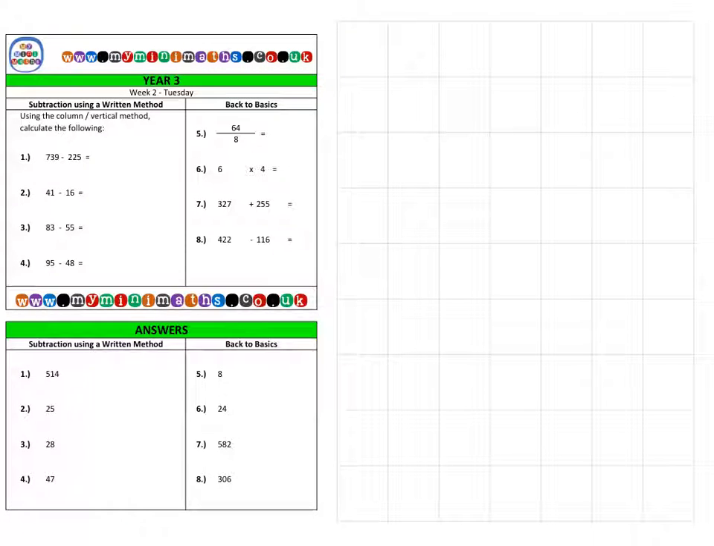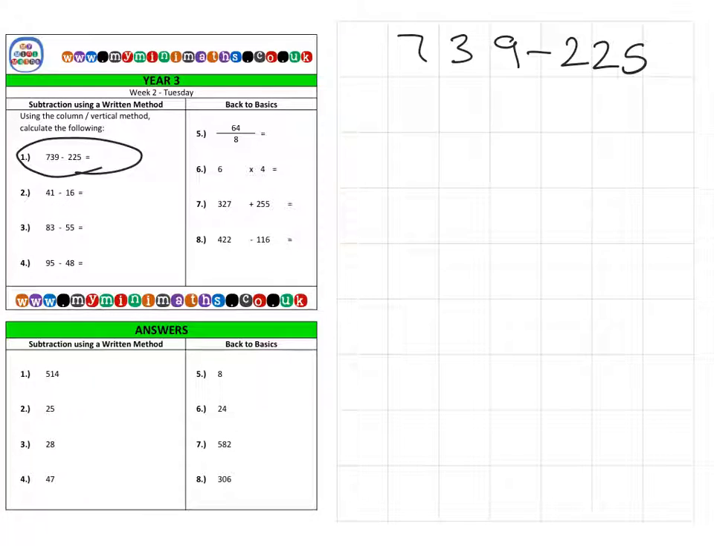And today we're going to be looking at subtracting or taking away with 3-digit numbers and 2-digit numbers, and we're also going to be looking at borrowing to allow us to complete the calculation. And so first of all on to question 1, which is 739, and we're going to subtract